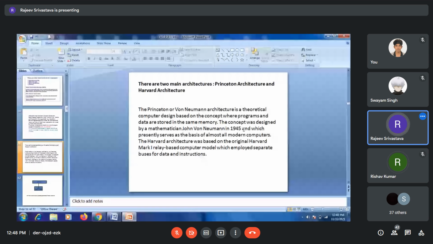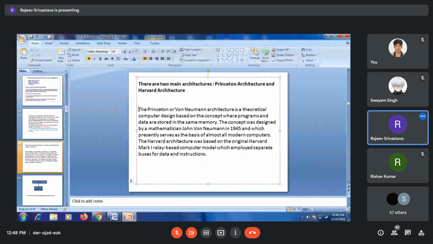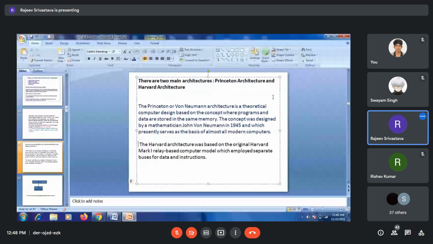If you can see, the Princeton or von Neumann architecture is a theoretical computer design based on the concept where programs and data are stored in the same memory. The concept was designed